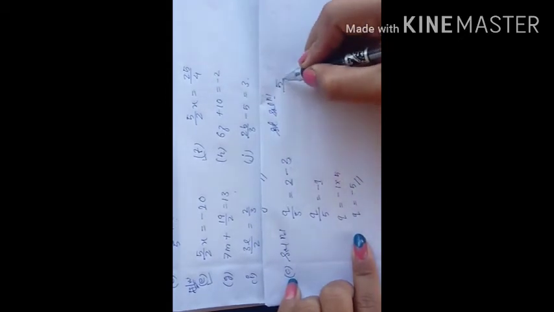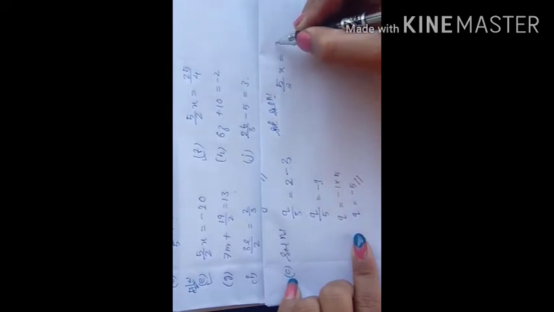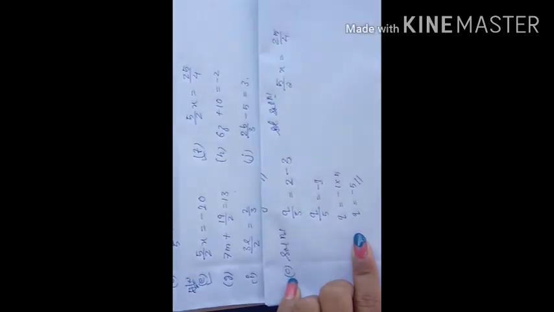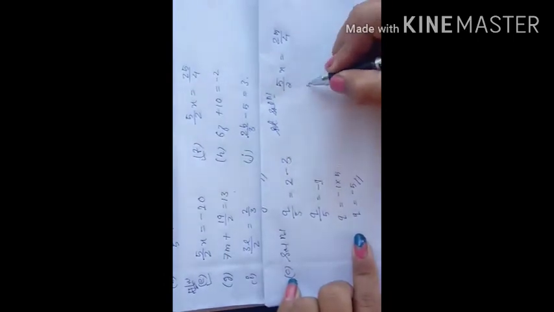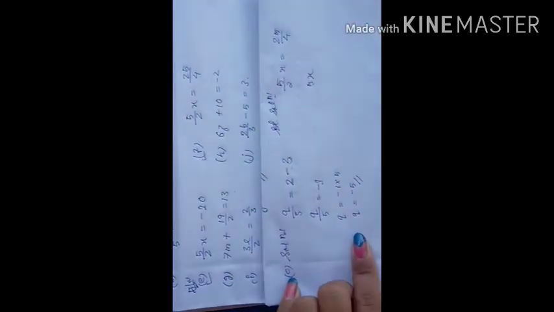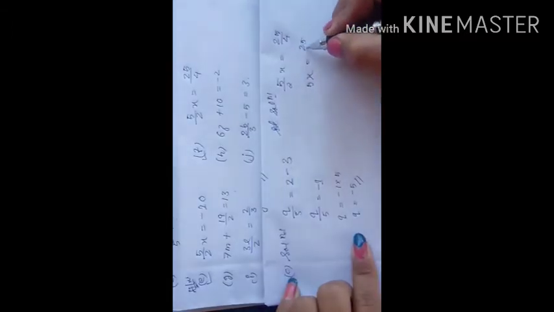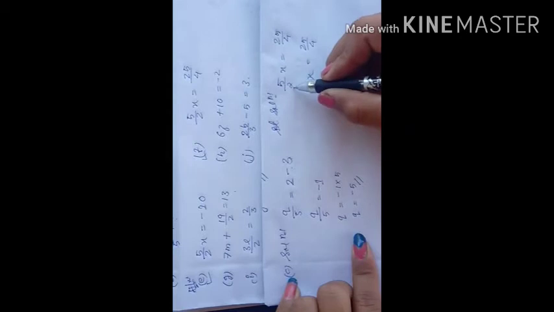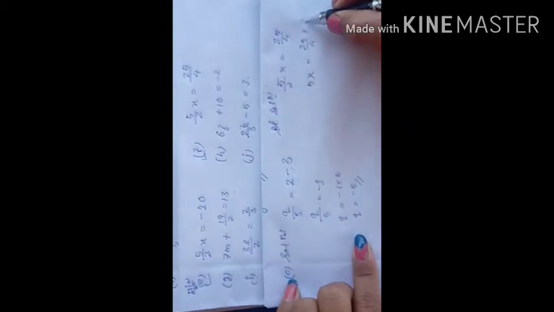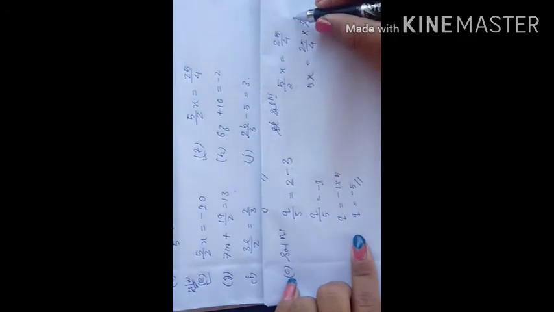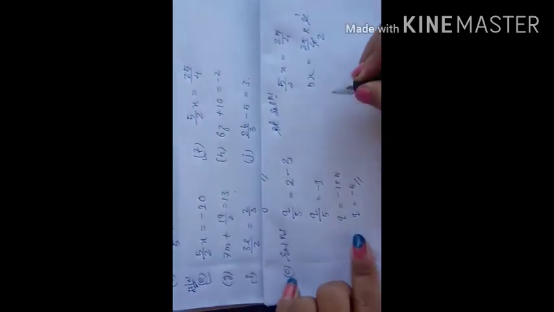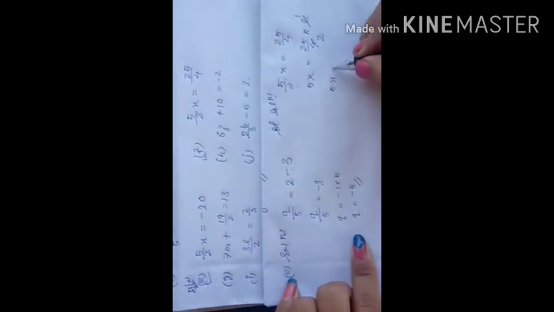What is given? 5 upon 2 x is equal to 25 upon 4. This is given, isn't it? So the 5 is written here, but we can see this is 5x. Okay, we can imagine this is 5x equal to 25 upon 4. Now here 2 is divide, isn't it? If you bring this side, it will become multiply. Now you can see 2 1s are 2 and 2 2s are 4. You can cancel this. Now what we got? 5x equal to 25 upon 2, isn't it?